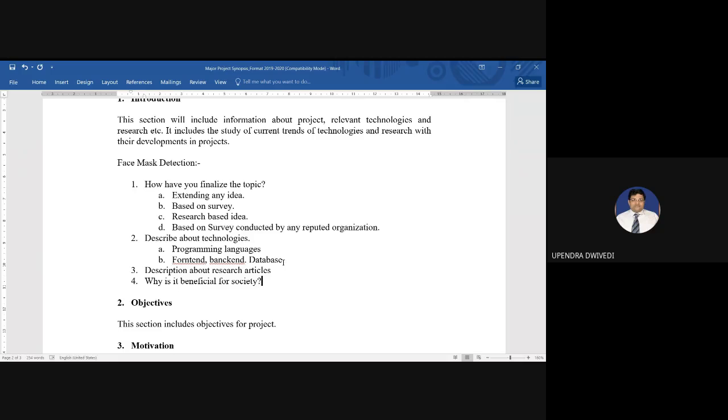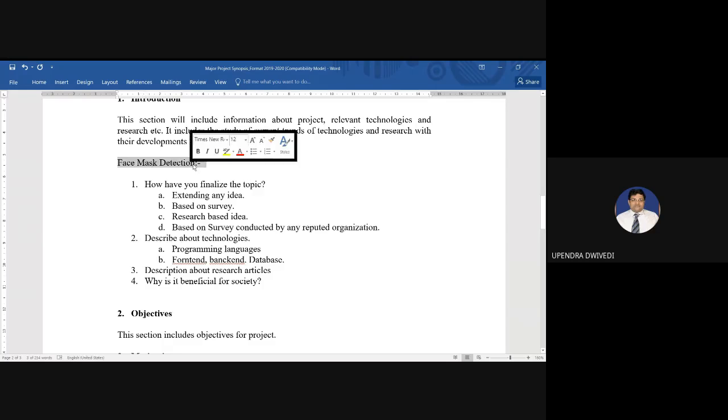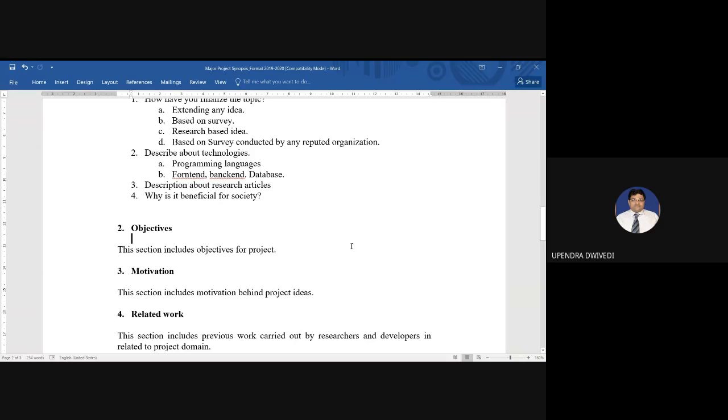Because when you are developing an application, it always has some social aspect, so it should benefit society. So these are a few points, but you should not limit yourself to them. You can elaborate those points in the introduction. Now, next we'll discuss the objective. So our topic is face mask detection. Now, when we are writing the objective,